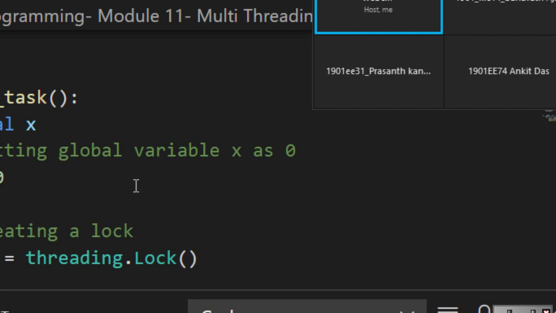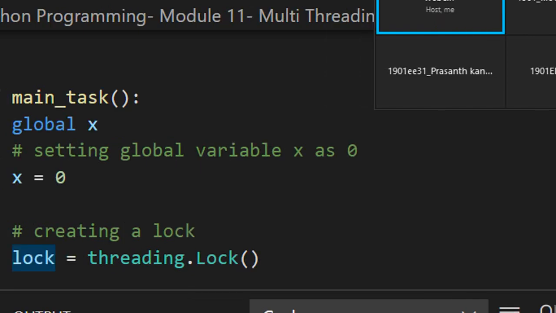Of course, there is a different concept in which the locking also may get unsynchronized. Both of them may request for the lock at the same time, but that is beyond the scope of this. Right now we assume that whenever we are executing the locking, it may have k threads, but only one thread out of the k will get a lock at a given time. It's just like only one guy can open your door at one time because there is only one keyhole where you can insert the key and open the door. Even if 10 keys are there, only one guy can open the door at a given time. Even two guys cannot insert the key in the same keyhole. Same is the concept for lock.